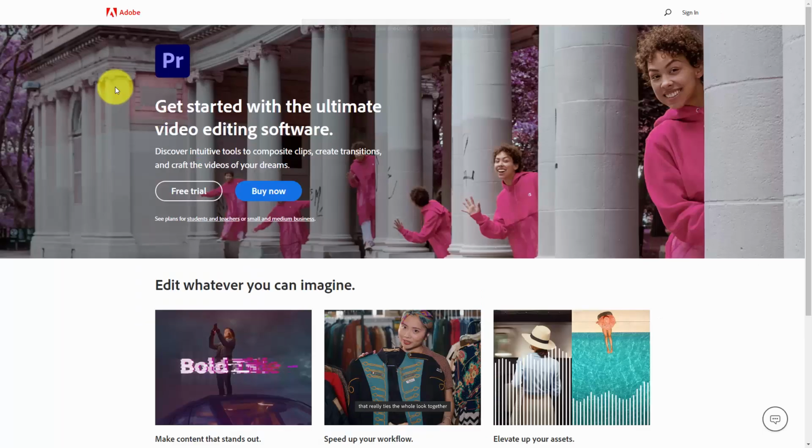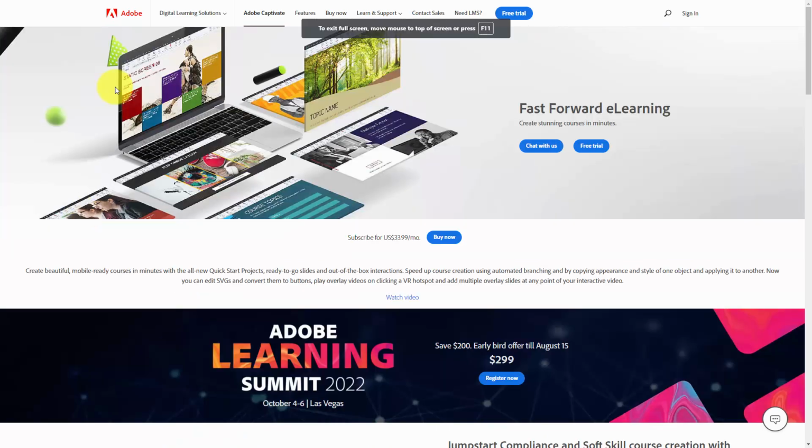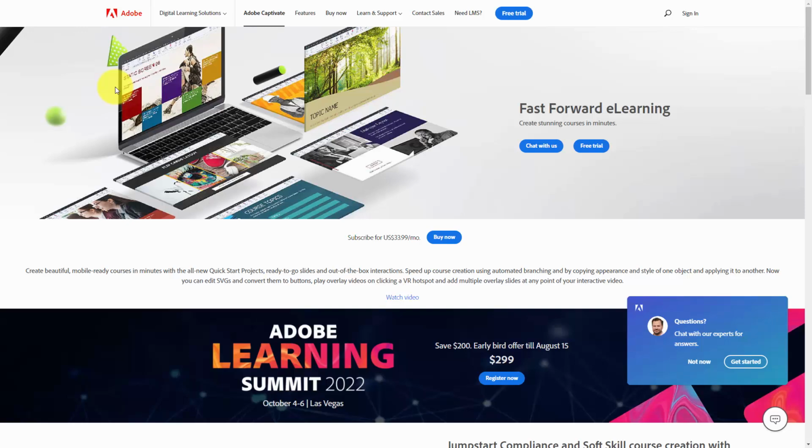If you use the Adobe suite of products, you can use software such as Adobe Premiere. This allows you to create and edit videos within this software platform. And if you're going to use your recording as e-learning content, you can use Adobe Captivate in order to create